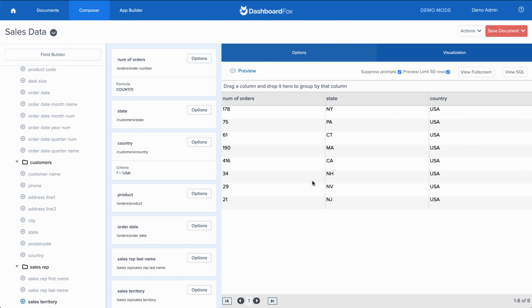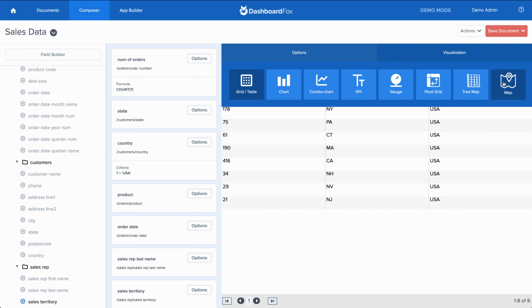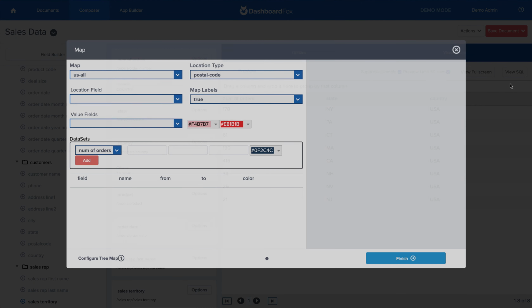So now I've got my data set. You'll notice I don't even have all 50 states in this particular data set, but that's fine. It'll just ignore the states that are not there. And I'm going to pop under visualization, and now you'll see the new map visualization. Again, this is version 1, so this screen might look a little different when you start to work on it. We'll update this video as we add new major features, but it's very simple to use.